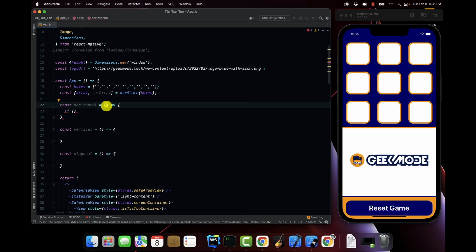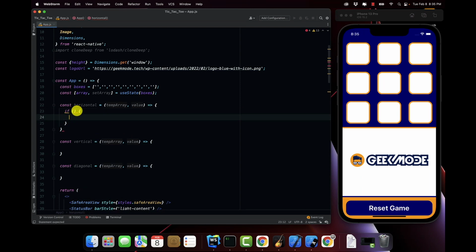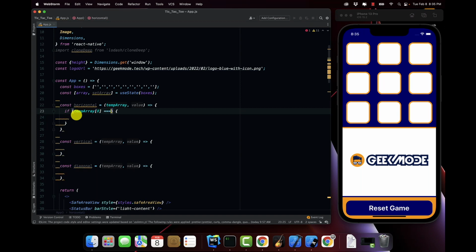So we're going to have a temporary array as our parameter, and its value. I'm going to go ahead and do the same thing for these functions. Now for our if statement, I'm going to say if temp array index 0 is equal to the value,